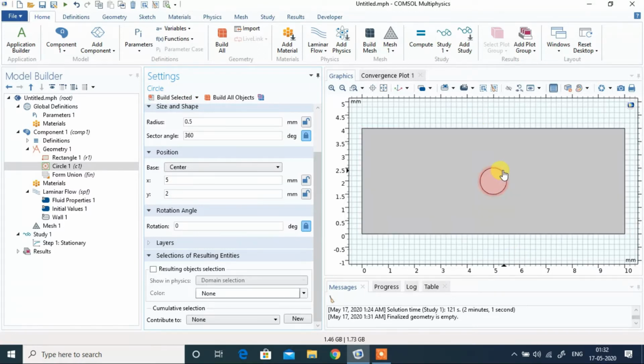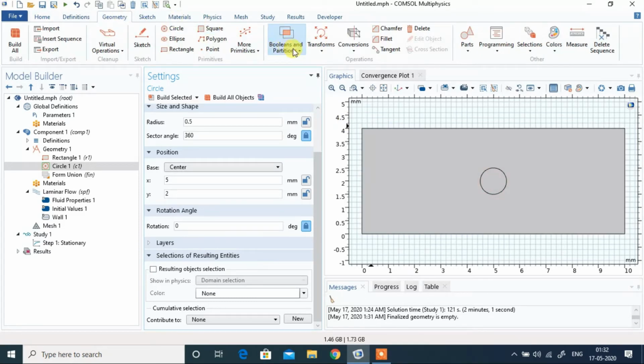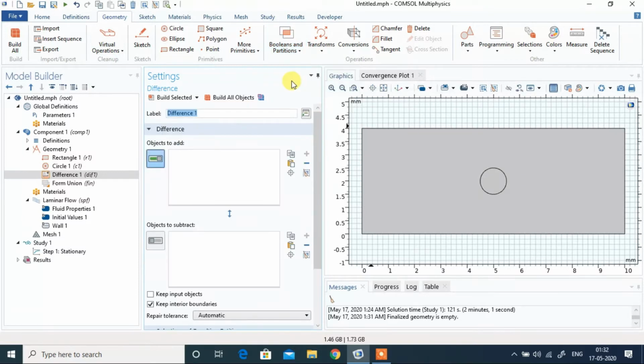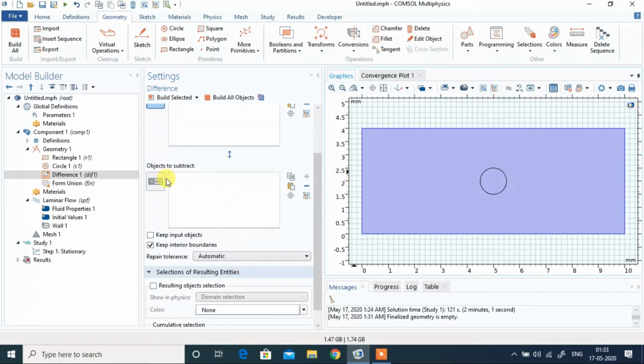Now to delete this circle from this rectangle, click on geometry, then Boolean and partition, then difference. Objects to be added, it is activated. Now it's deactivated, activated, and for objects to be added, add this. Then activate objects to subtract, activate this panel and select this circle, build all objects.